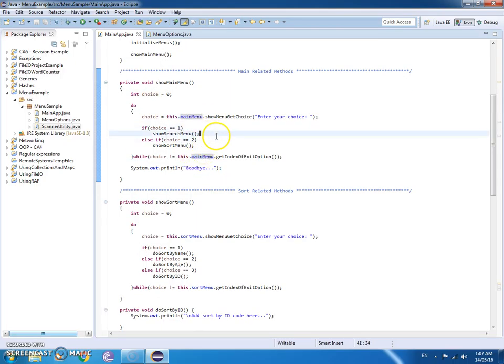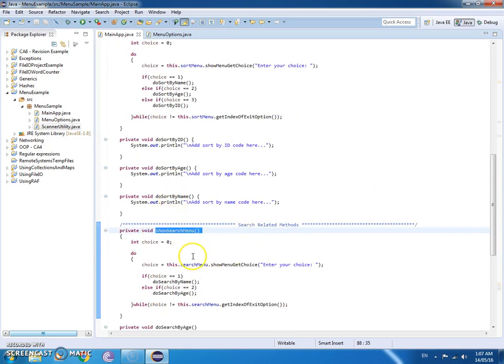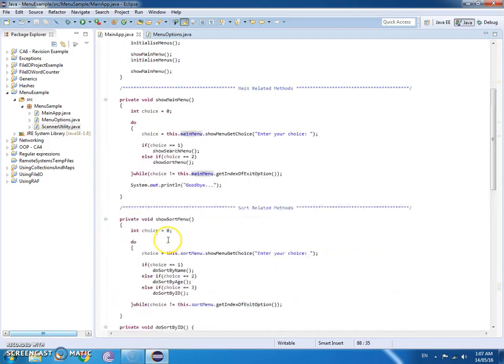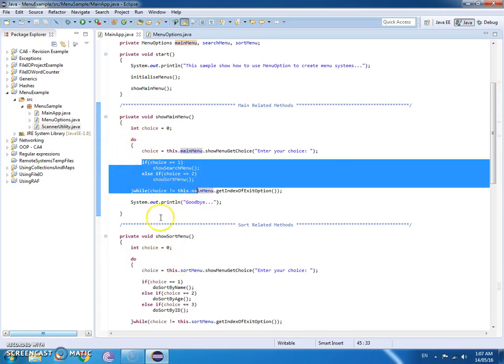So if the choice is 1, then you show the search menu. Which means you just call this method and that runs. Same for choice 2. You can do that. Now, you notice there's no choice 3 for the exit, because what happens is it'll run whatever's there, there's no ifs, so it just keeps going, hits this,